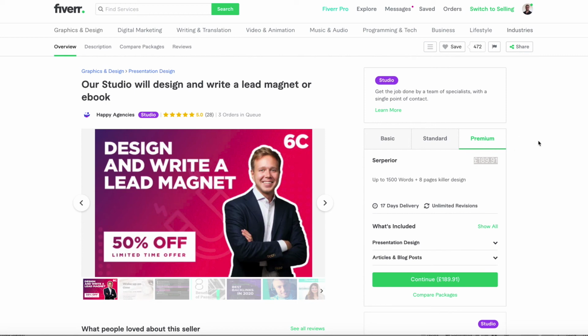The third option is to actually create one from scratch yourself. So you're going to create the whole ebook yourself. It means that you'll not only be writing the content, you're going to be designing and creating the front cover and graphics, which is very time consuming. And if you're not a graphic designer, you're going to end up paying for someone to design the front cover. So again, not really a great choice.